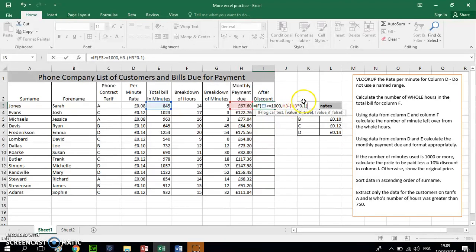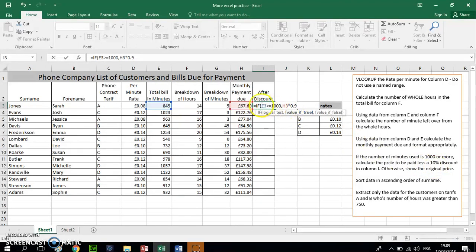That would calculate what 10% was and take it away from that number. Or a more efficient way of doing it would simply be to say H3 multiplied by 0.9. That's essentially the same thing, because that will show me 90% of this, or a less 10%